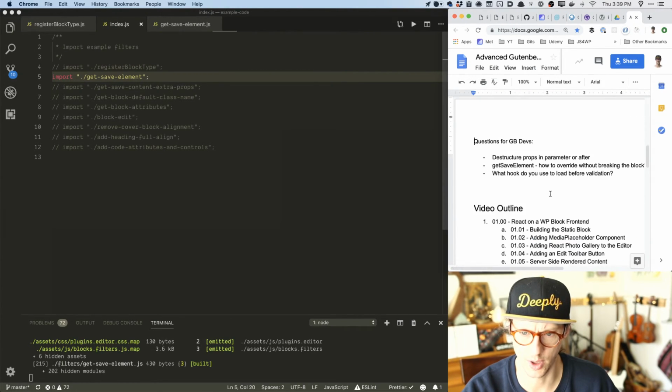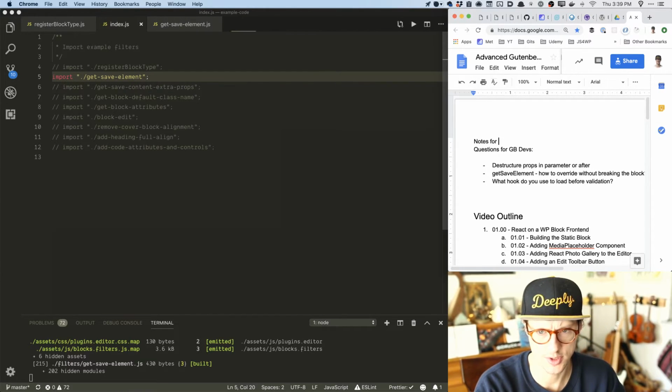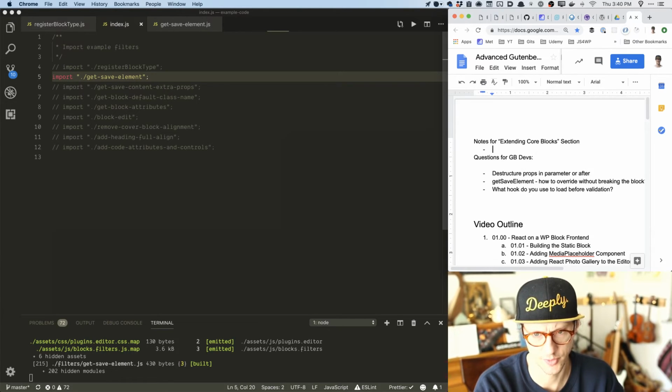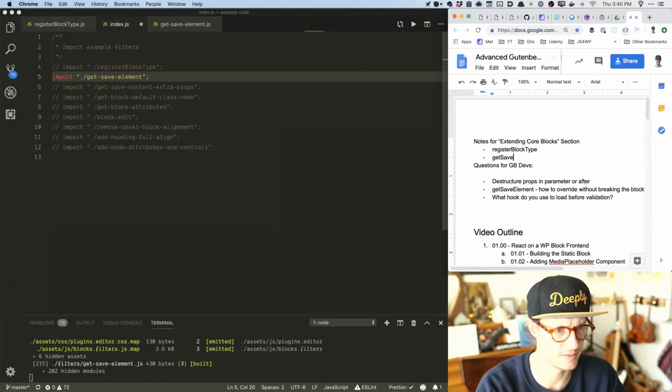Yeah, we got way off outline. Okay, I'm just going to put notes for extending core blocks section. Cool. First we cover register block type, and then we're going to cover get save element, and